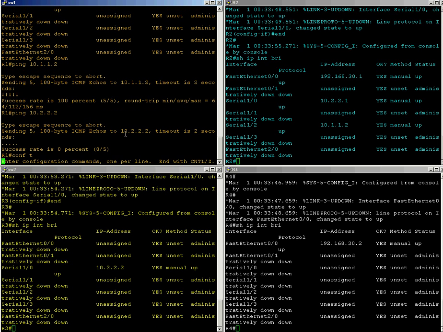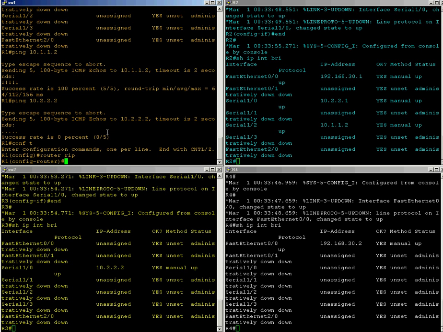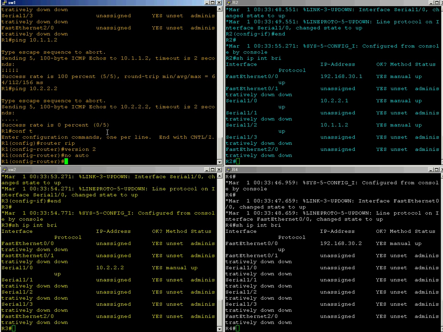Set up the basic configurations. This is going to be router RIP version 2. No auto-summary basically just means the routers have a tendency that they want to update when they're in dynamic routing mode. They have a tendency they want to update themselves every 60 seconds, I believe. So basically it wants to relearn that path over and over again to make sure that it always knows